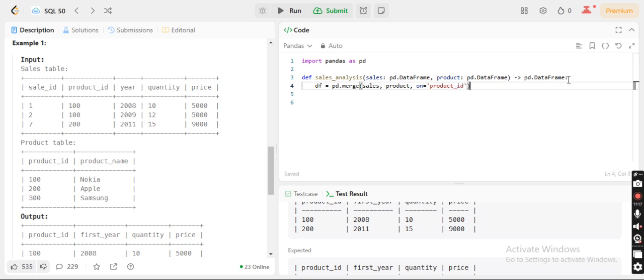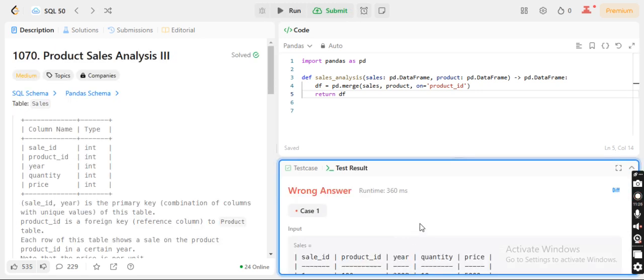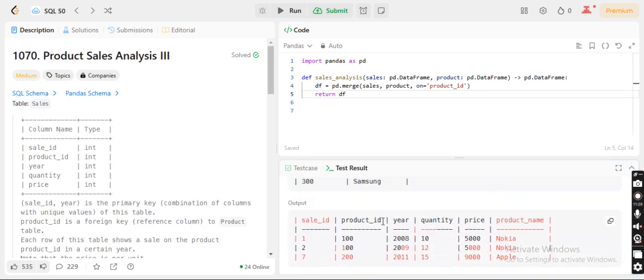product ID, return DF. So now, based on the product ID, I got a DF, the data frame, I will say. Okay. Now what I can do is, I can actually say this way that